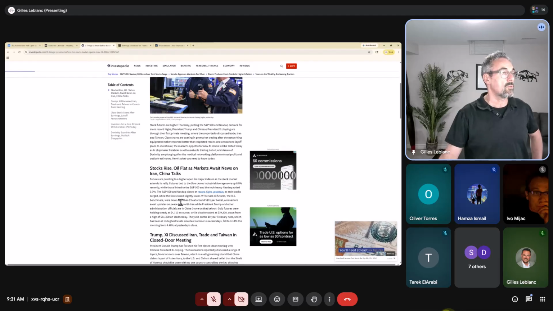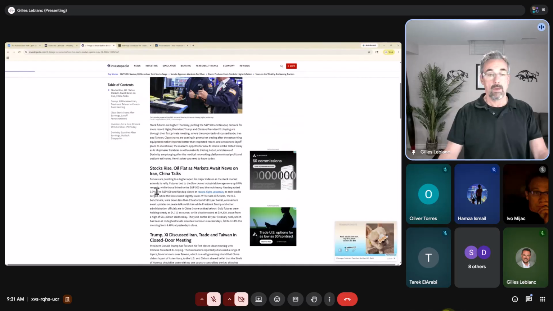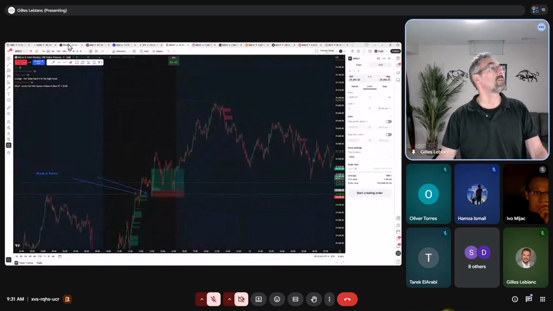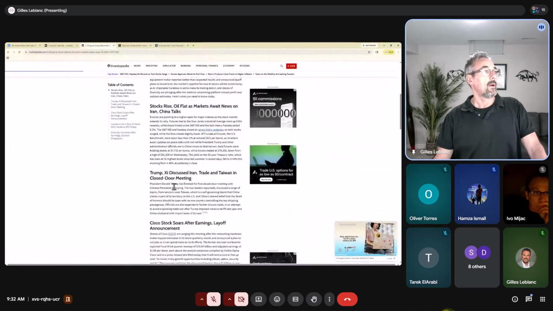Very interesting news just came out on Nvidia. Apparently, the Chinese market is going to be completely reopened to Nvidia, and that in pre-market right over here gave it a nice gap up. And it's just been chopping around in this area ever since. I would not be surprised to see this gap fill before the next really large move up. So yeah, Trump and Xi are having talks.